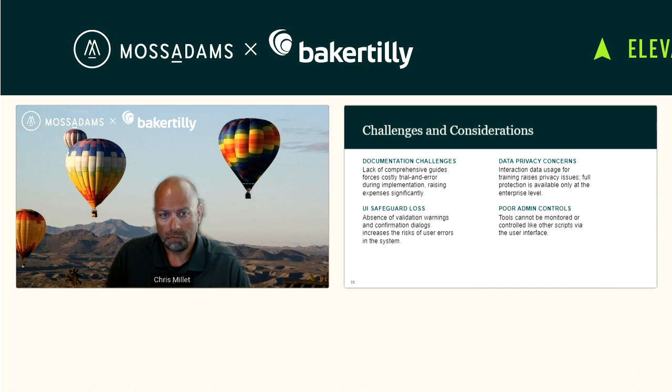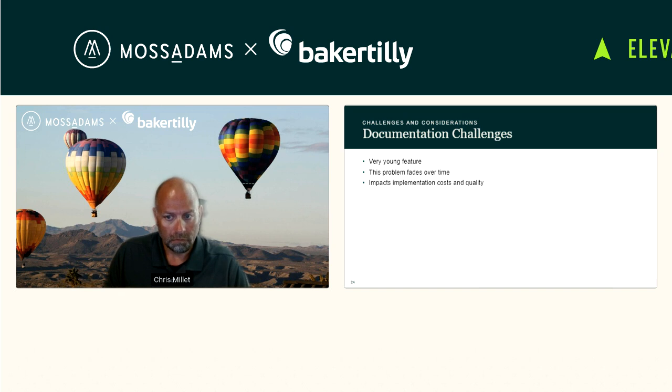And then, of course, there are poor admin controls right now. We'll go into more on that in a few minutes. But basically, it's another symptom of NetSuite pushing this out before it's quite all the way ready. So if you're an admin, you have a number of controls you're used to having at your fingertips for scripts, and you're not going to have those right out of the gate with these MCP tools. So let's go into a little bit more depth on this.